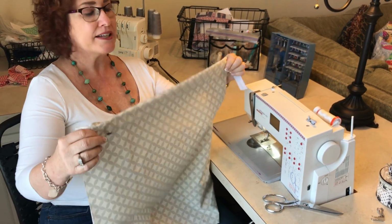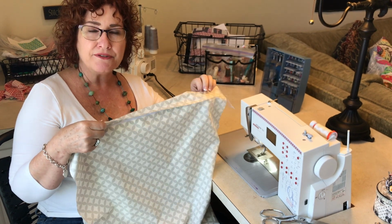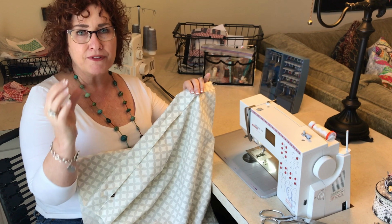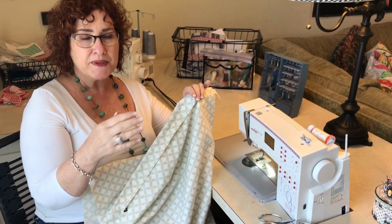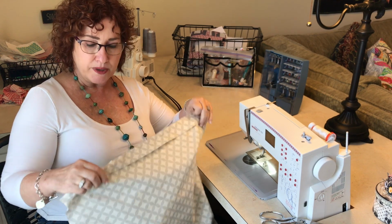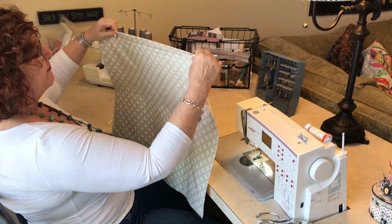Now what I do is I've put this, because there's a little bit of a flap, I've put it in a couple of different areas on the pillow, and what I like best is I like it in the very middle of the pillow, just because if it's down kind of far, it might gap or whatnot. So what I do then next is I fold it in half like this,